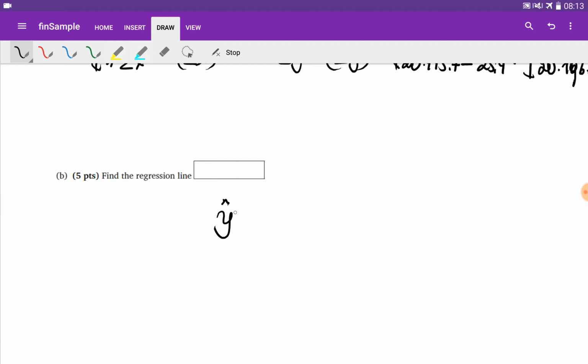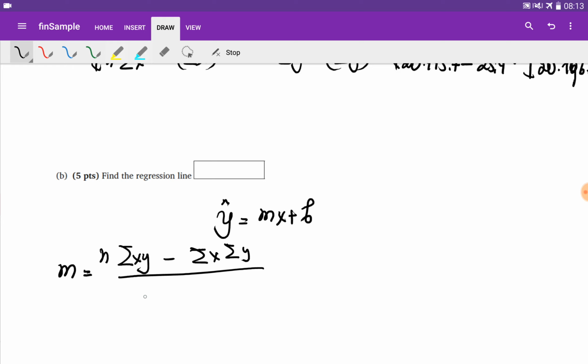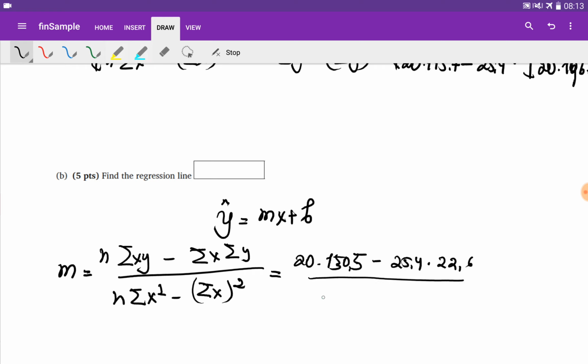So in the second part, we need to find a regression line. We're going to find this using the equation mx plus b, where m, which is the slope of the line, can be found using the formula n multiplied by the sum of xy minus the sum of x times the sum of y, divided by n times the sum of x squared minus the sum of x squared. So we just again put all the numbers together, divided by 20 multiplied by 145.7 minus 25.4 squared. If we put everything together, it is going to be